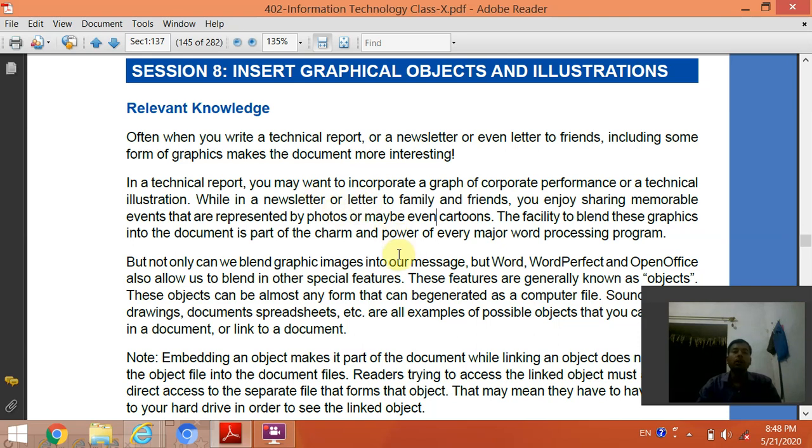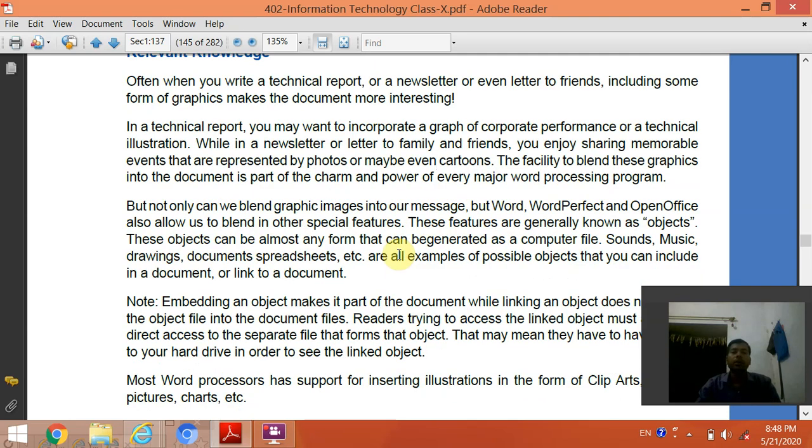Often when you write a technical report or a newsletter or even a letter to friends, including some form of graphics makes the document more interesting. In a technical report, you may want to incorporate a graph of corporate performance or a technical illustration.